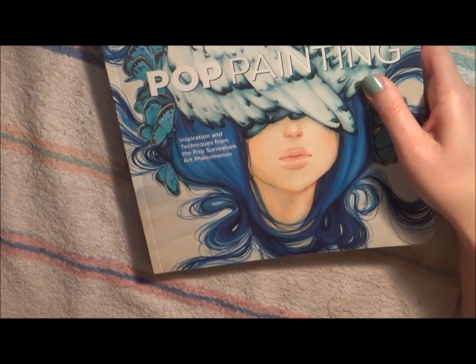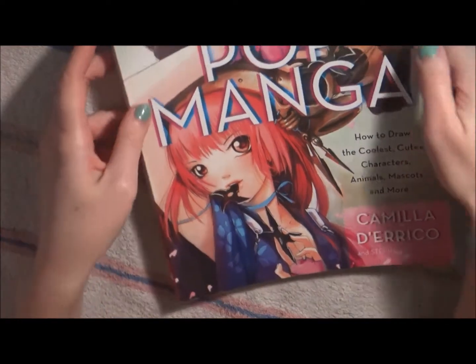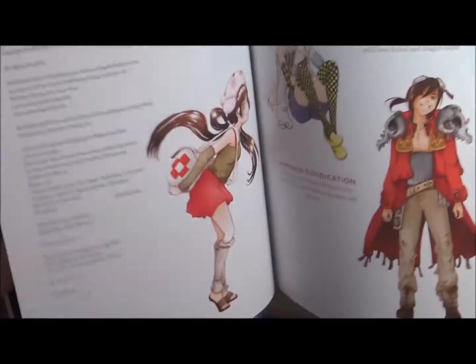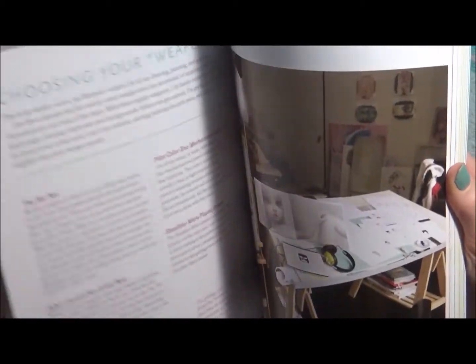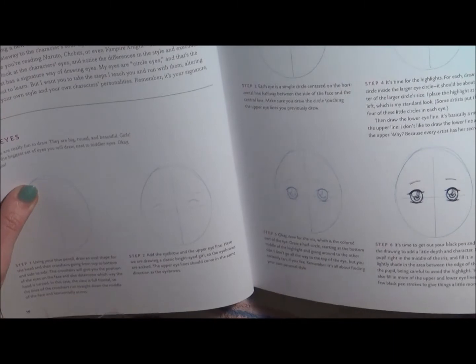I also have her manga, How to Draw Pop manga book. I've been in this book quite a bit too. We'll just quickly show you some stuff. She has individual characters, it's kind of your typical anime book. So, I'll just flip through it real fast. She breaks it down a lot more, like how to draw the face,